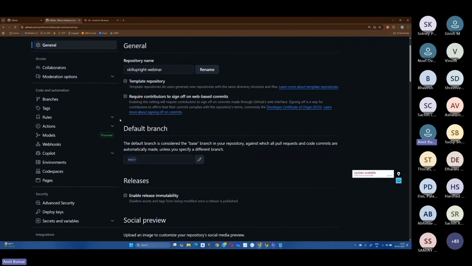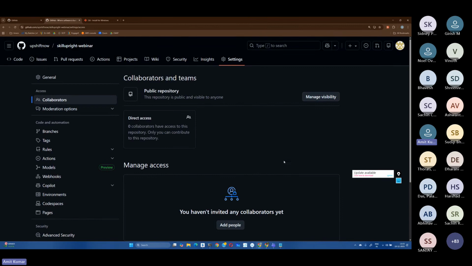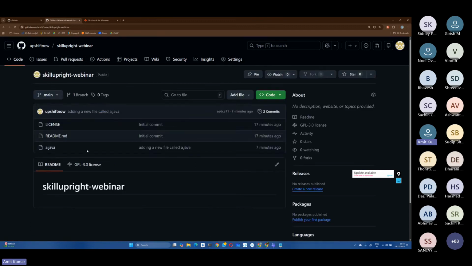If you want to share it with others, if you want others to also push to this repository, you can go to collaborators and you can add people to allow them to push changes to this repository. Okay, so that's something that you can do. Important thing is pull request. Let's say you have this code here which is on the main branch, right? Now let's say I want to add a new feature here